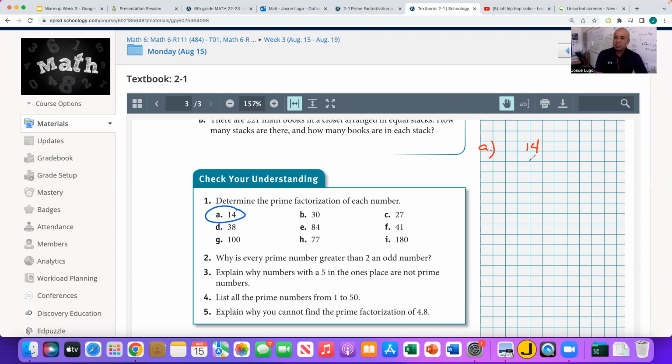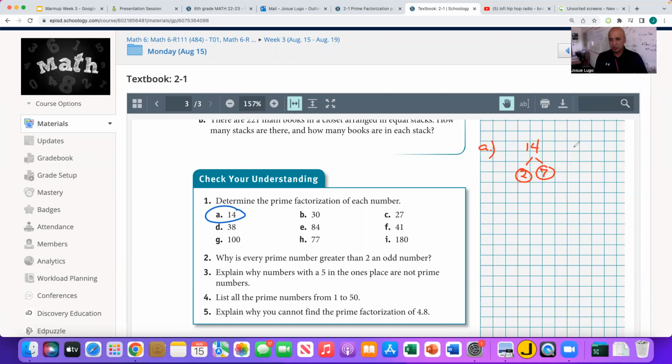Next, I have to ask myself, what numbers can I multiply together to get to 14? Obviously, 1 times 14, but that doesn't help me. But I can also break it down into 2 times 7, or 2 and 7. 2 is a prime number, so I'm going to circle it. 7 is a prime number, so I'm going to circle it. So the prime factorization of 14 is going to be 2